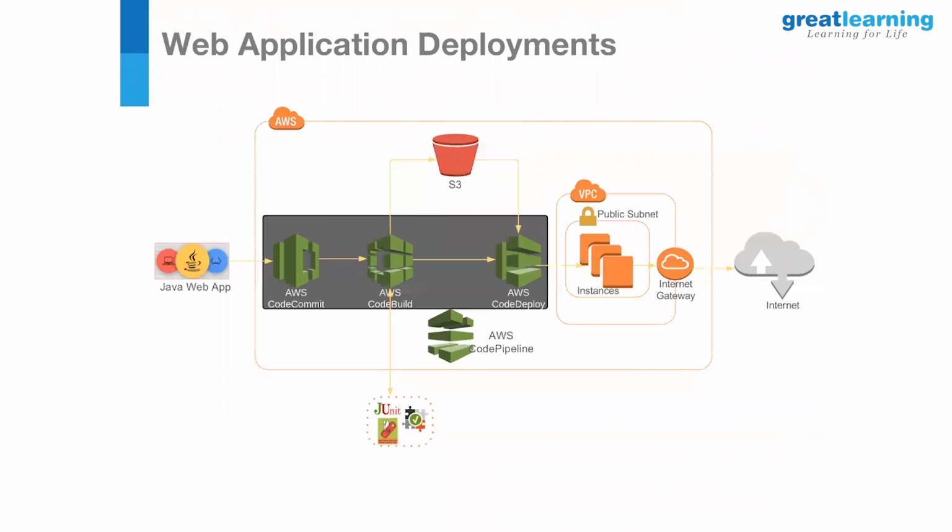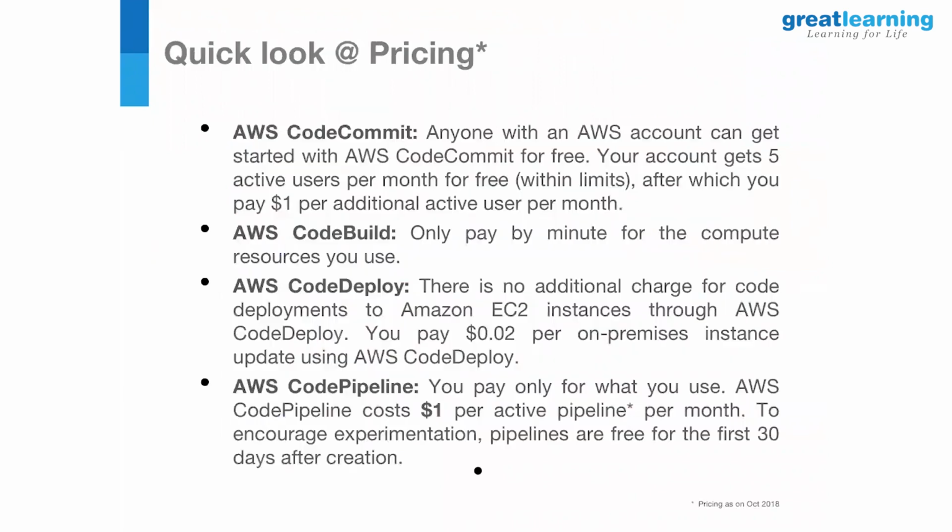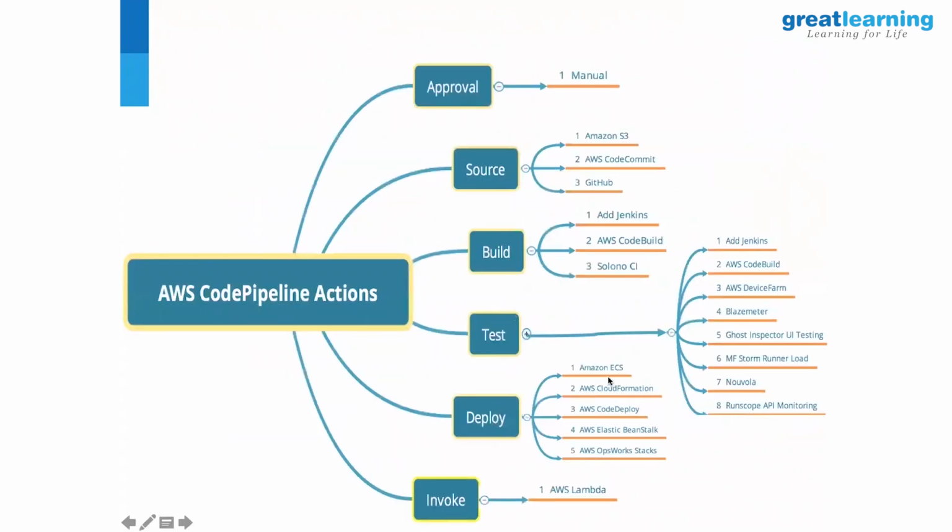In this example, I'll go back one more step to show you. See the deployment, it supports ECS, CloudFormation, Code Deploy, Elastic Beanstalk, or OpsWorks, right? So the deploy can support all this as part of code pipeline. And when we go to AWS code deploy, that supports EC2, on-premise, or Lambda. If you go to Elastic Beanstalk, a whole bunch of applications can be deployed. You can also use OpsWorks stacks. So there is no restriction that you have to deploy only to EC2 instance, right? So all these are supported. Hope this answered your question.